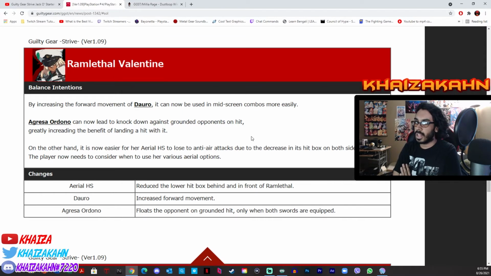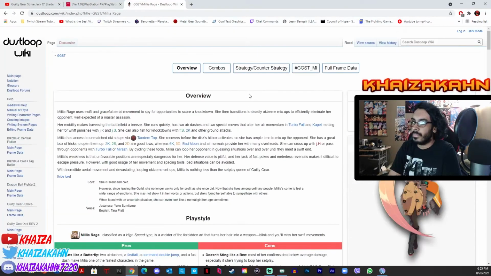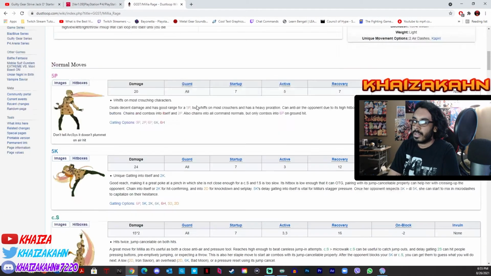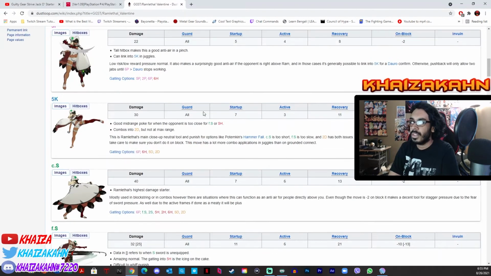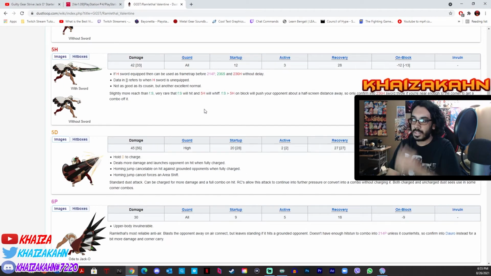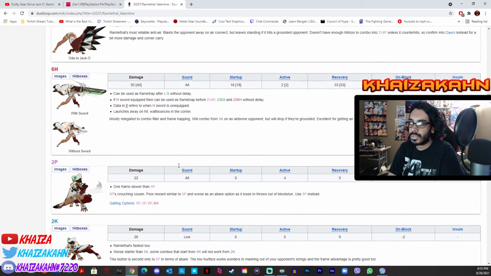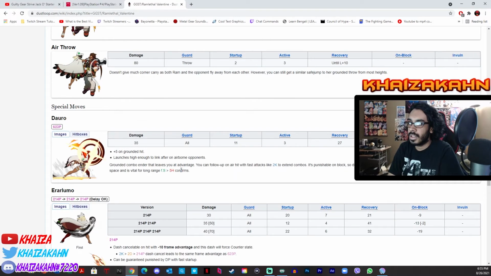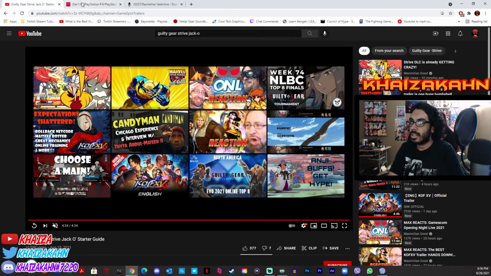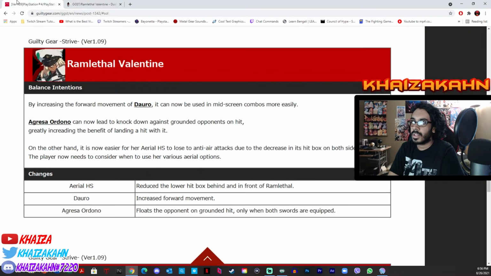Alright, Ram Lethal, another gorilla in Guilty Gear Strive. So what did they do to Ram? Increase the forward movement of Dauro. Dauro, what's that? What is that? Let's see. Ram Lethal Valentine. Oh god. Which one was it? Oh, that move. Okay, so Dauro